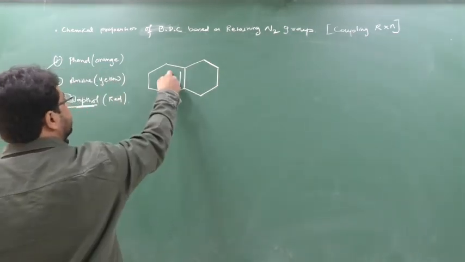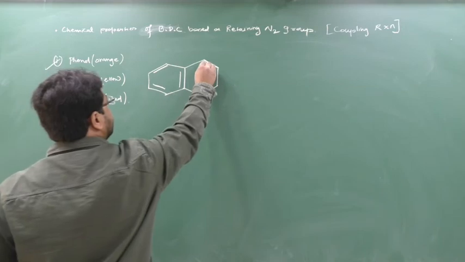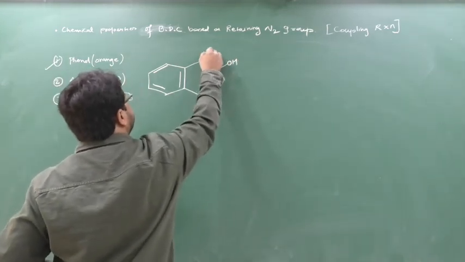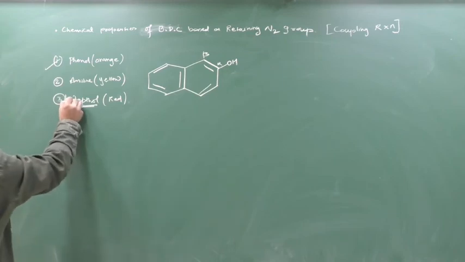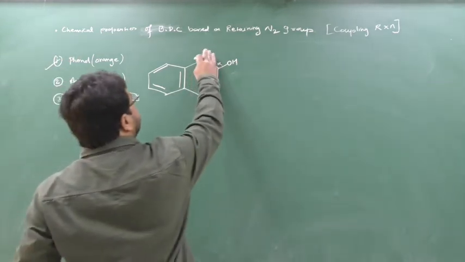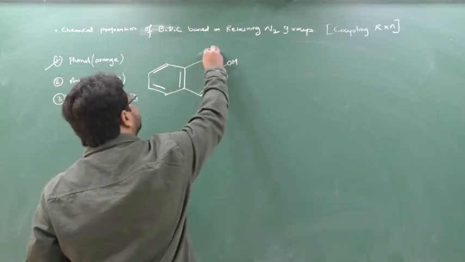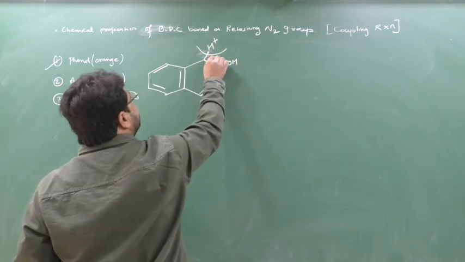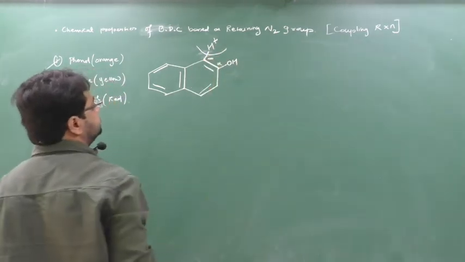Here one bond, so there will be no bond here, and here OH. So this is alpha position, this is beta position. So we are going to see beta naphthol because we are going to do every reaction from the beta position. As you know, there is a CH here, so there is a hydrogen here. This hydrogen will move as H plus, and a minus sign will come on this carbon.